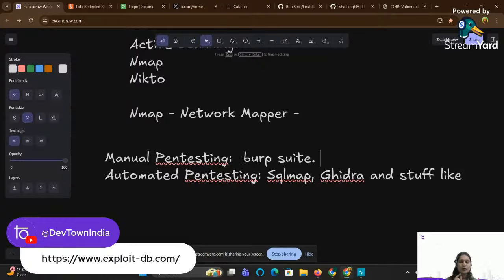But there is one loophole of automated pen testing, guys. The loophole is that it makes you lazy. First of all, another thing that happens in this case is that automated pen testing can